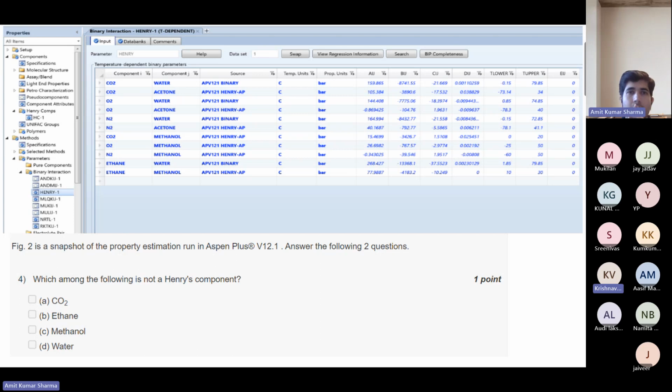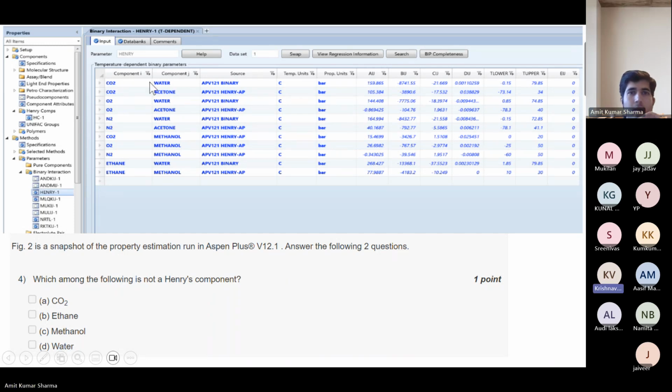We can see the source, it's a binary system, not Henry's component. Now, are you using this table or not? I'm seeing this table, the source. Okay, the source. We can see. Where is the source?